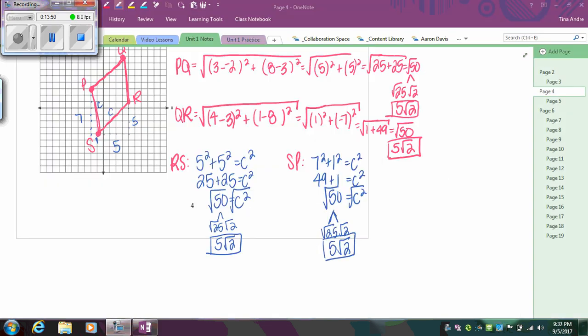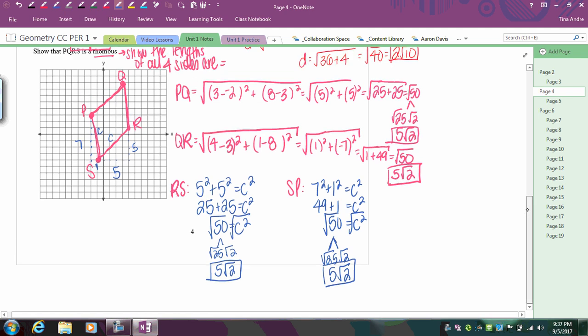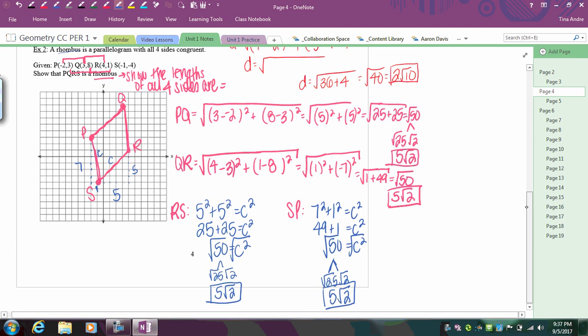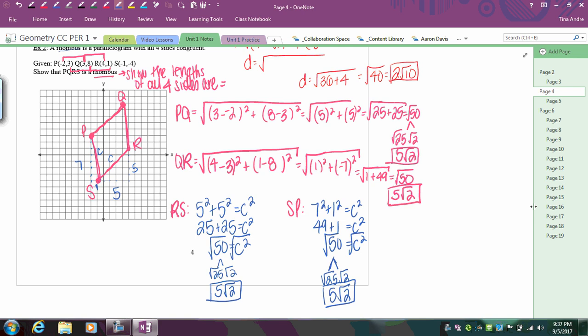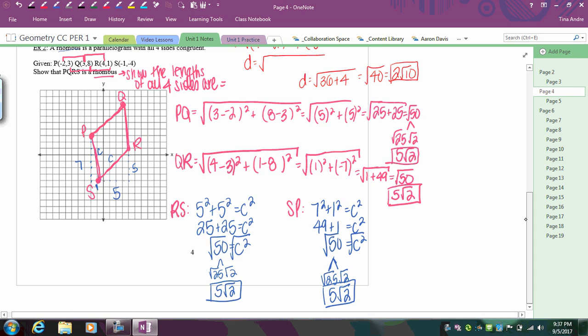So then when I look at this, I see that all 4 sides are the same, so I just have to write a conclusion. Because it says show that it's a rhombus, I've shown mathematically that all 4 sides are the same, but now I have to actually summarize my findings. So the last step here is going to be just to write out our solution, basically, or write out our explanation. So we can just simply say,